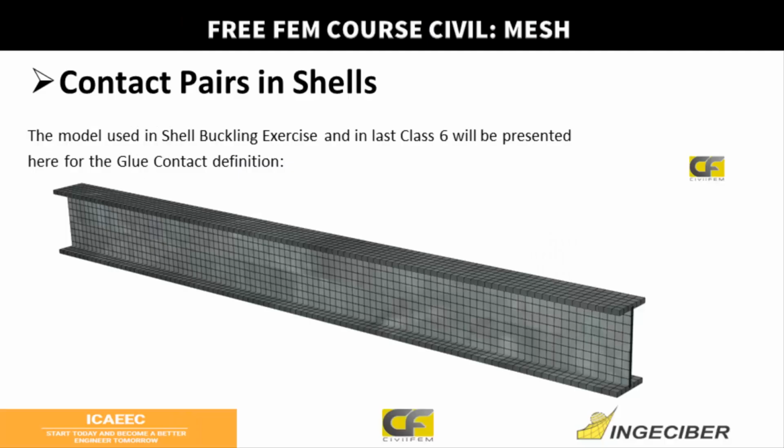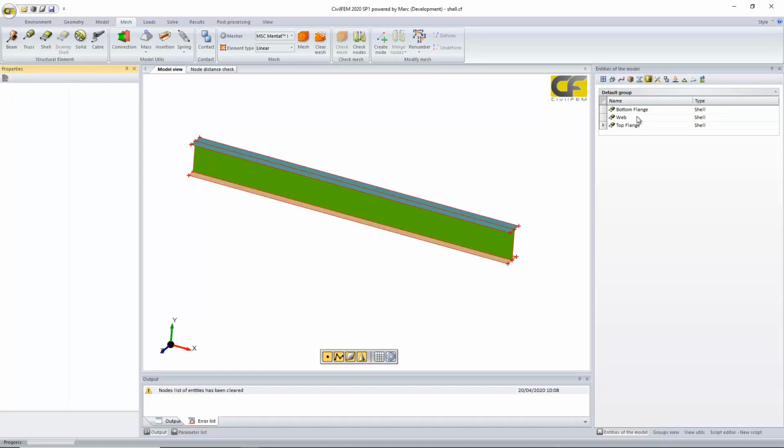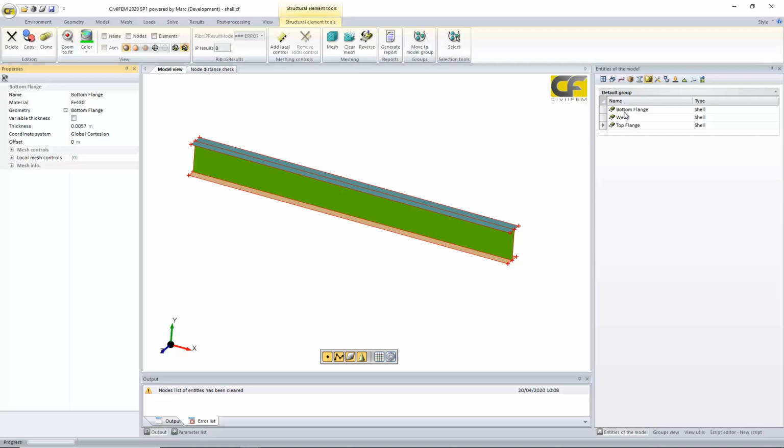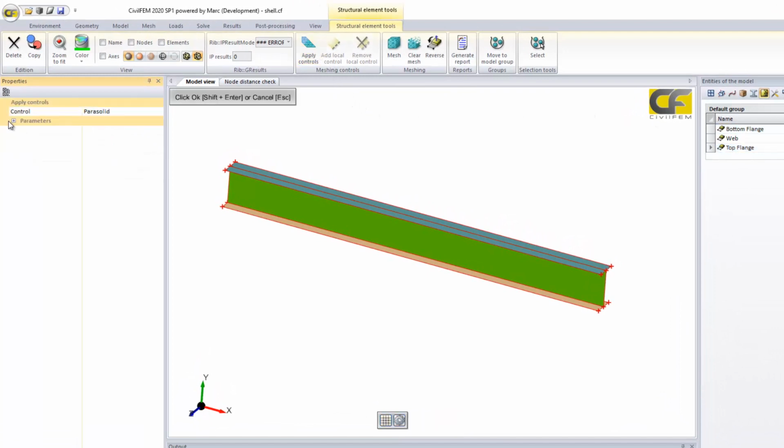Just to show you a first approach of contact, in case we don't want to perform a connected mesh, or we don't want to waste time obtaining a congruent mesh. This case was easy because just setting the same size, we will have nodes in the same location. But imagine we have a dissimilar mesh, we set to the flanges a different